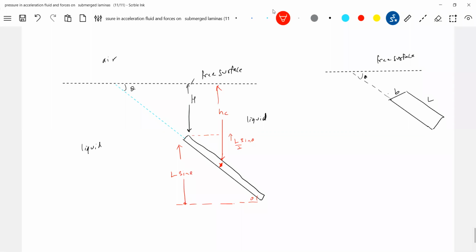So let's go for the formula. What is the total force acting on the plate? Rho g into hC into the area of the plate, which is L into B. What is hC? hC should be H plus L by 2 sine theta. I think you can justify your answer. Put theta 90, and we'll get back the original equation.